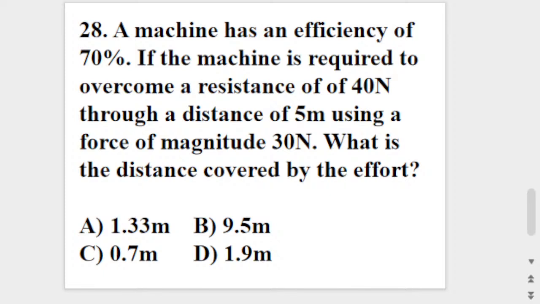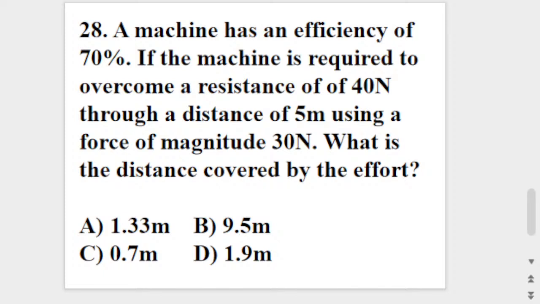We are given the efficiency, that's 70%. That's 70 over 100 is equal to, what's the load? That's the resistance, that's 40 Newton. That's 40 times what distance was moved by the load? That's 5 meters there. That's times 5, all over the effort. What's the effort? That's the force of magnitude 30. That's 30 times